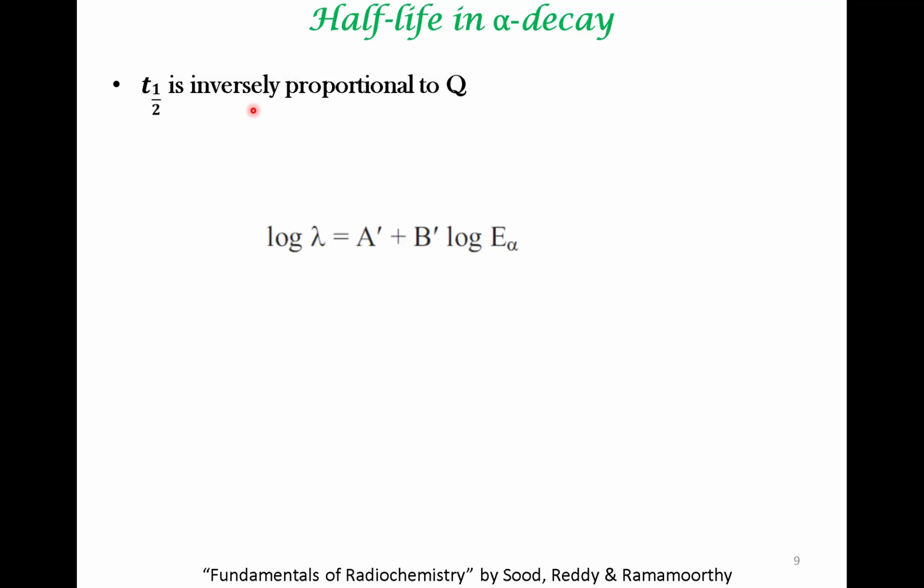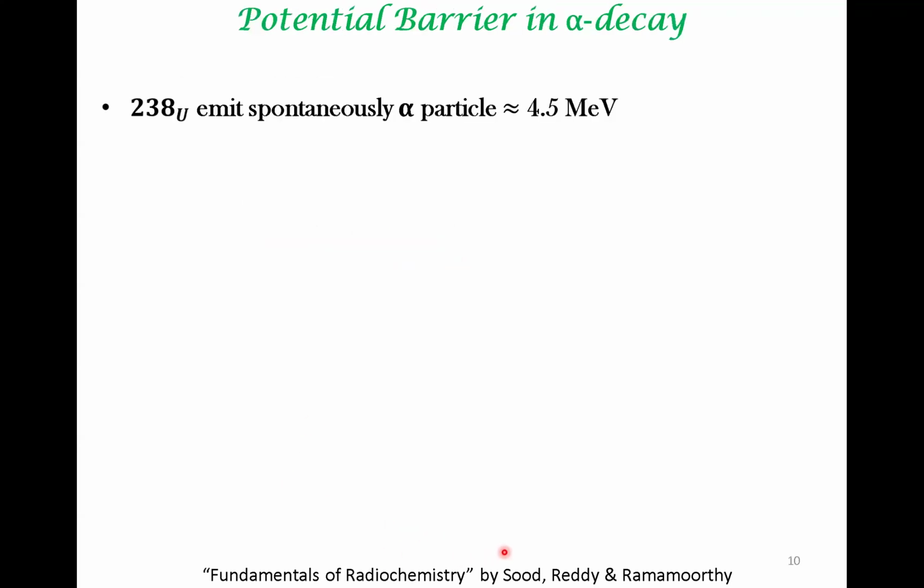So based on that, we can make this statement. This also helps you get to lambda. This is the radiation constant, right? We saw the relationship in previous lectures between T half and lambda. So because Q is related to T half, we can write a relationship between the energy of the alpha particle and the radiation constant. This is a relationship that is often used. It is elaborated in this book, and there is another important topic.